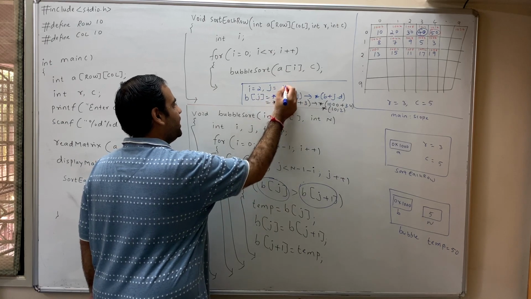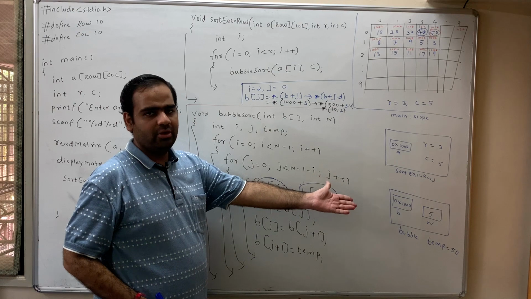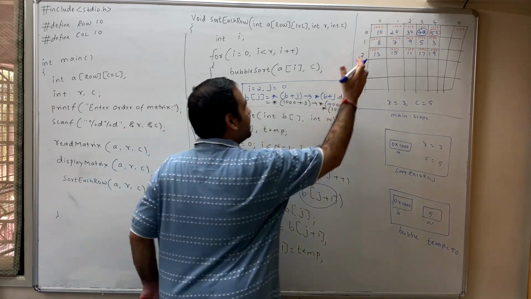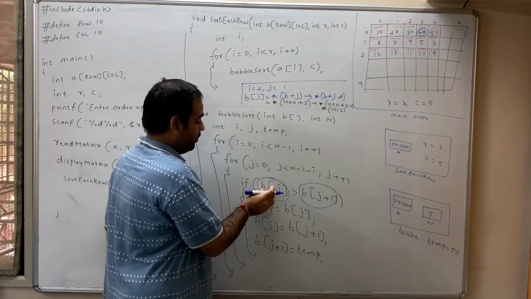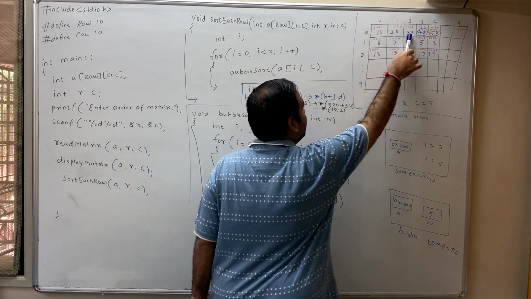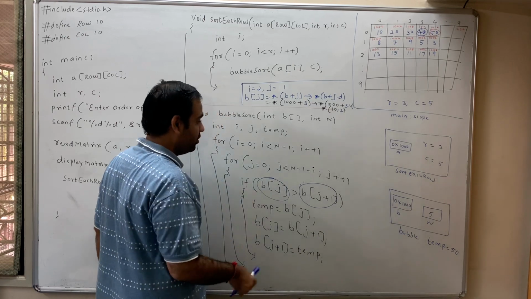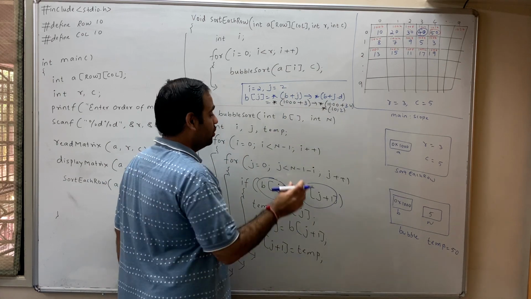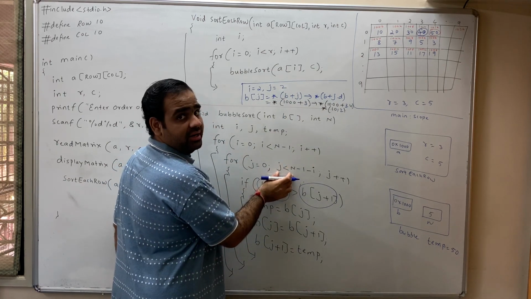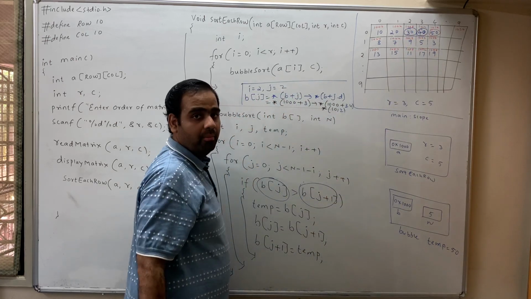The value of j again starts from 0. b of 0 greater than b of 1. You know that 1000 plus so on. Now you check, 10 greater than 20? No. J plus plus, j becomes 1. b of 1 greater than b of 2. 20 greater than 30? No, 20 is not greater than 30. No need to swap, do not do it. Again you say j plus plus, the value of j will become 2. 2 less than 2, the condition is false, and you see that the second largest element is bubbled up at